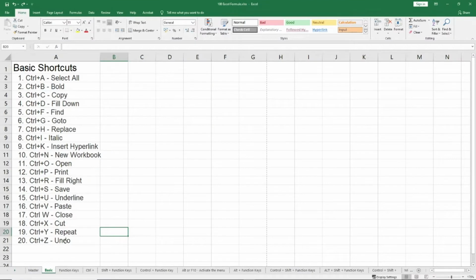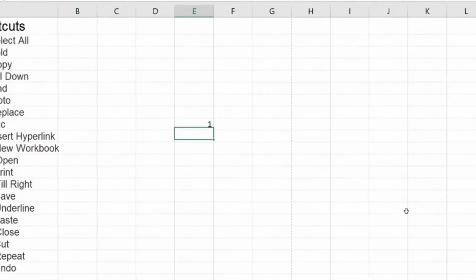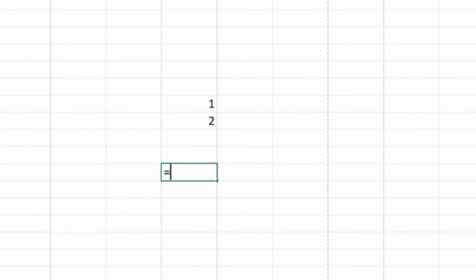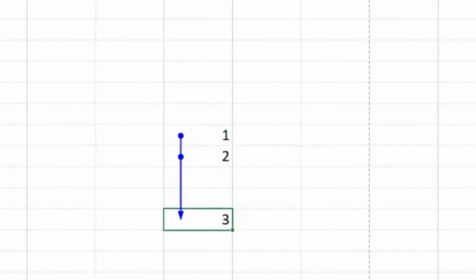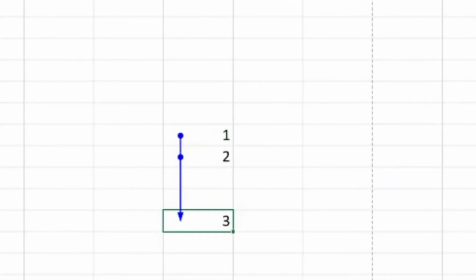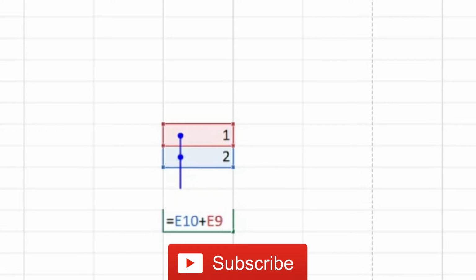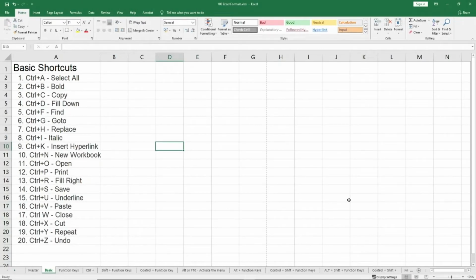The reason you should use keyboard shortcuts, let me tell you a very small story. I remember in one of my classes during my master's, my professor came and told me something. He did something, I'll tell you here, let's say is equal to this plus this, and he came here and showed this, and I was really impressed. Where did these arrows come from? So now I know that this cell is basically E10 plus E9, which is represented by colors, but since here it is only two cells, you can very easily make out. But what if it's a very big workbook? Maybe it's a financial data model or something. That is the time when I started learning the shortcuts, and today I proudly say I know a lot of them. I may not know all, but I know most of them.